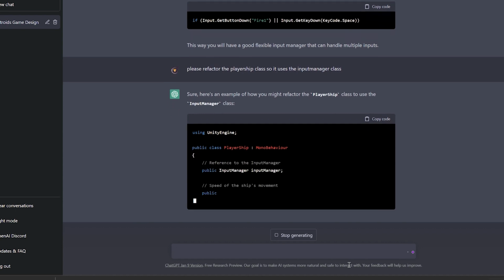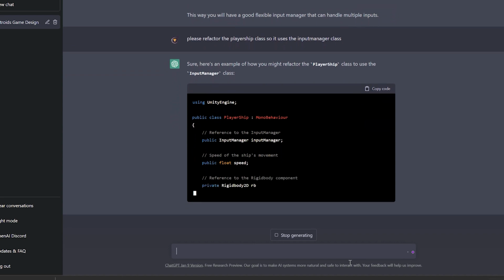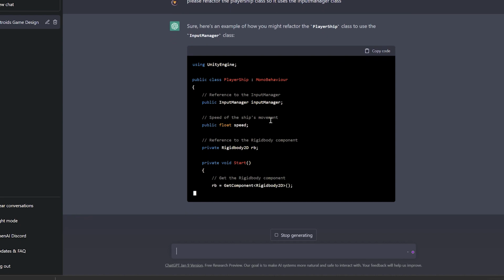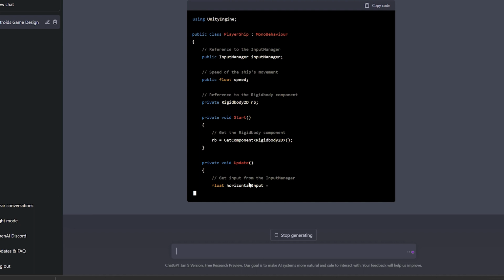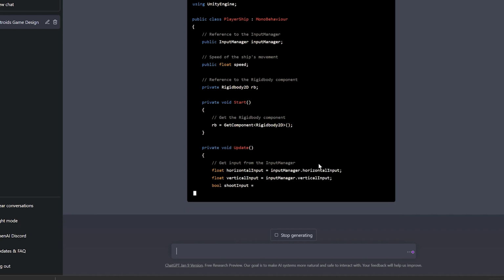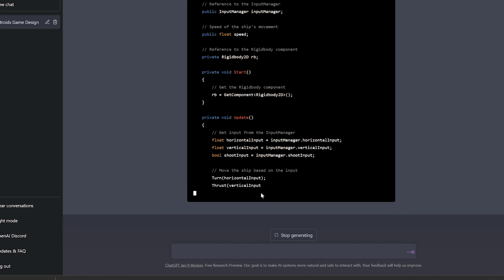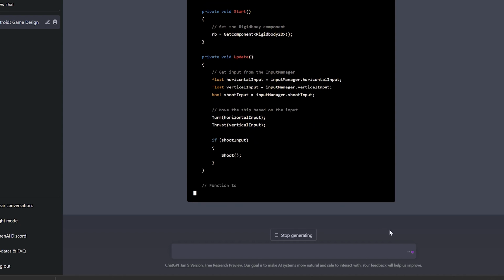It's now doing all that inside of the input manager. I knew it was going to be able to do it. You can see here where it's created a reference to the input manager now, and that means that you're not going to have anything inside of here. Notice how it's now looking to the input manager to get this stuff and move the ship based upon what comes out of the input manager. And it's simplified the code,